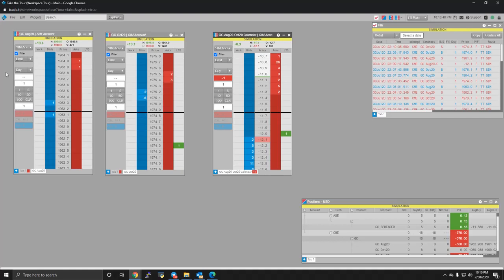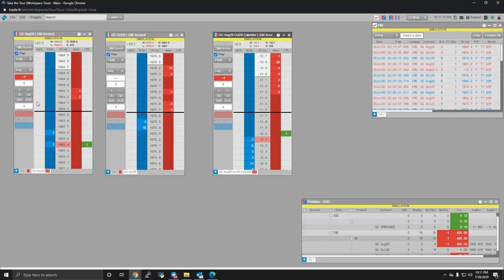Now let's get short the August outright and demonstrate utilizing the calendar spread market to get out of the short August position. Let's see if this thing clicks here. There it goes. Okay, so I'm short an August contract, and to utilize the calendar spread to roll my short